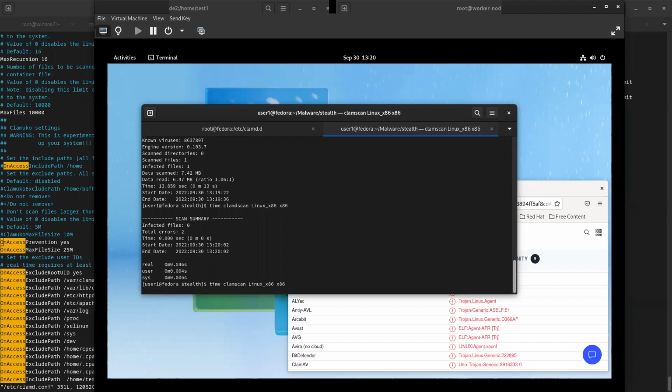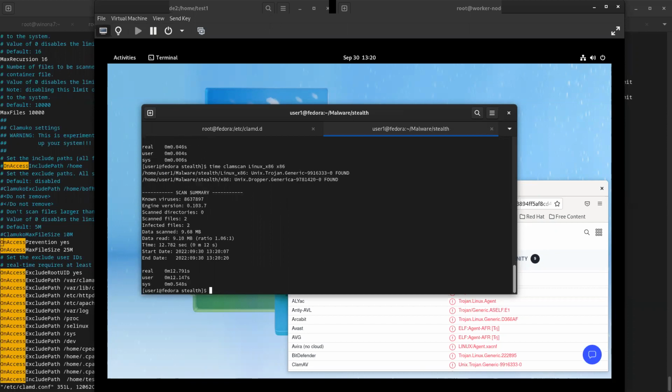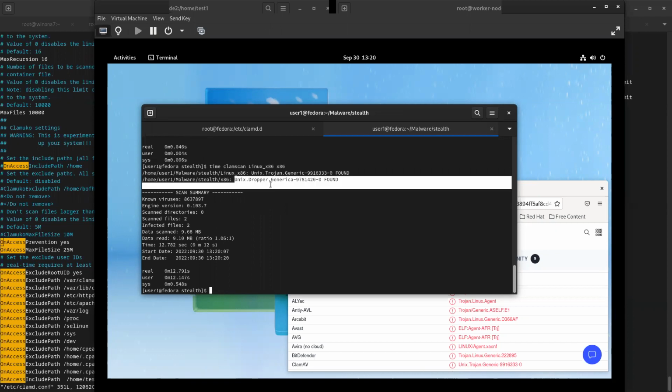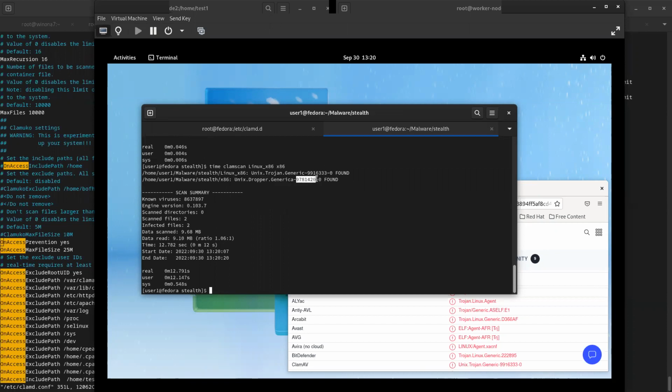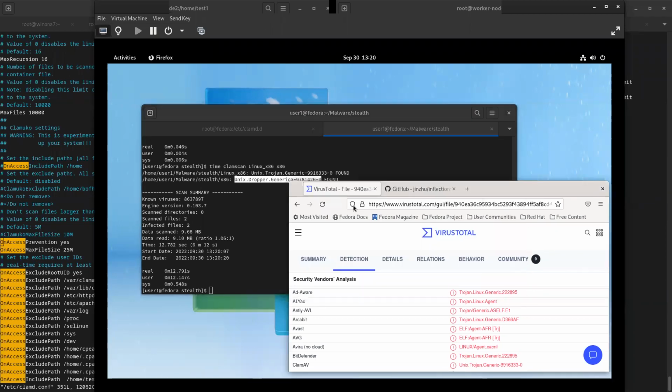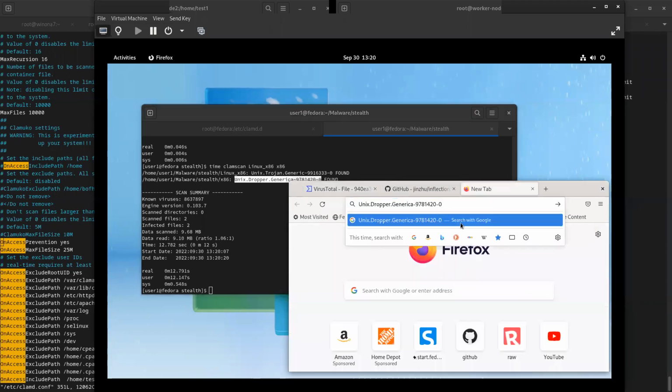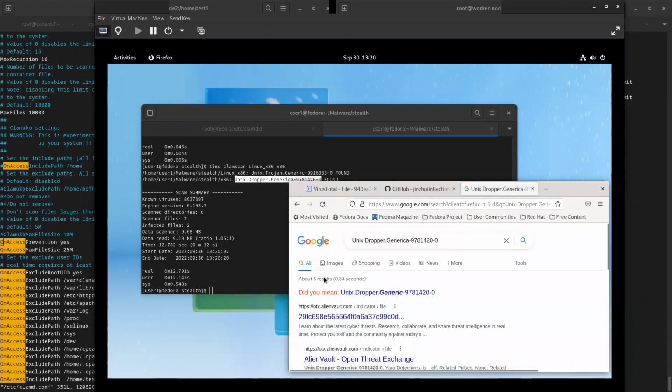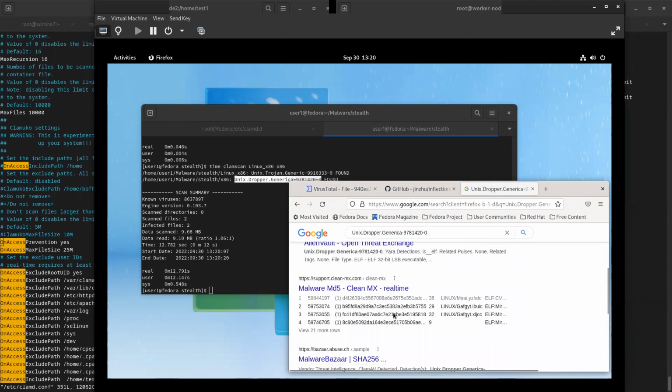Yeah, I'm not surprised by that. So probably if we look at their signatures, which we'll get to in a second, I'll bet you they're just two separate hash-based signatures on these two. Yeah. So we have two separate signatures, which is cool because this one might actually have more info than this one does, because I can tell by this number that it's an older signature. So if you have an older signature, sometimes that means the data about it might be richer. Maybe. It might not be. It might be completely generic, like they just captured this through a honeypot, and then they were like, anything we capture in the honeypot is bad. Yeah. No, there's nothing really there.